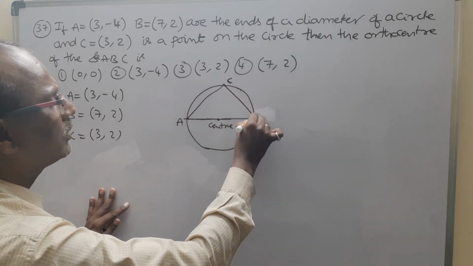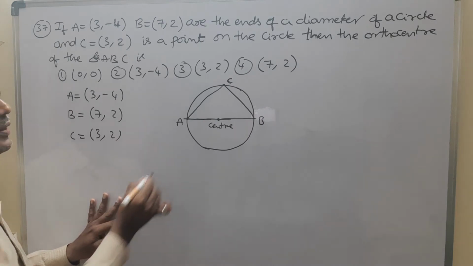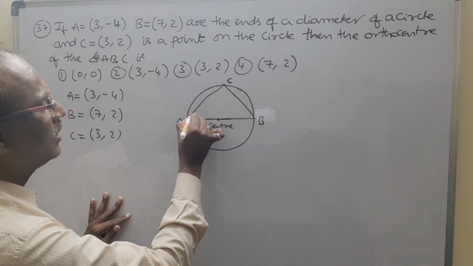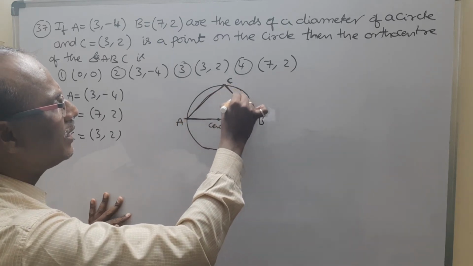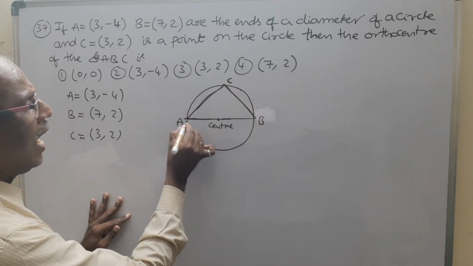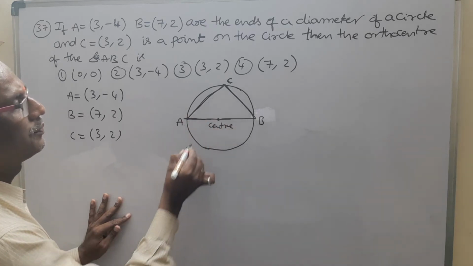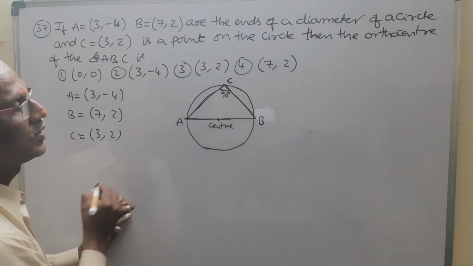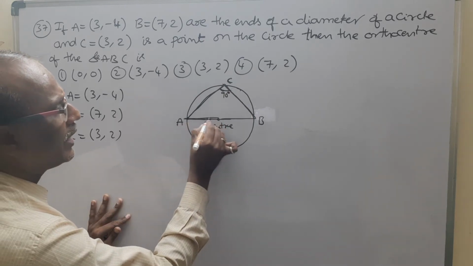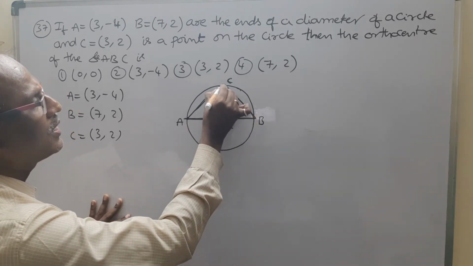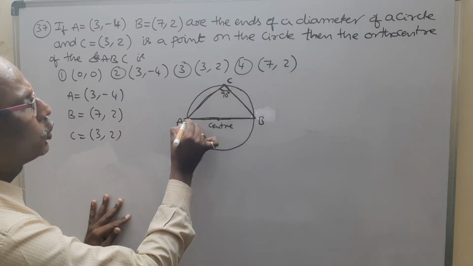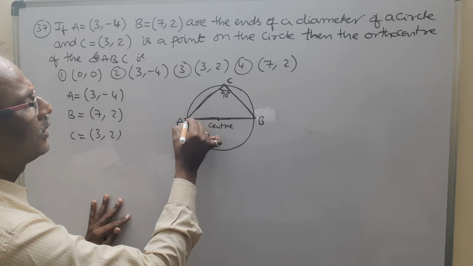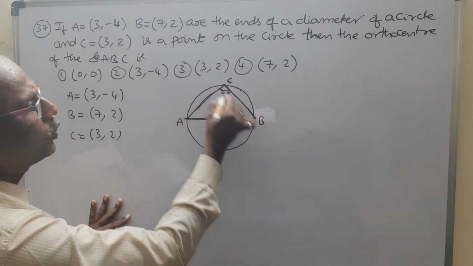Observe one important point: this is the semicircle, and this is the triangle ACB. Angle in a semicircle is a right angle, 90 degrees. If the diameter AB end points are there and point C on the circle is joined to A and B, joining AC and BC, then angle ACB equals 90 degrees.